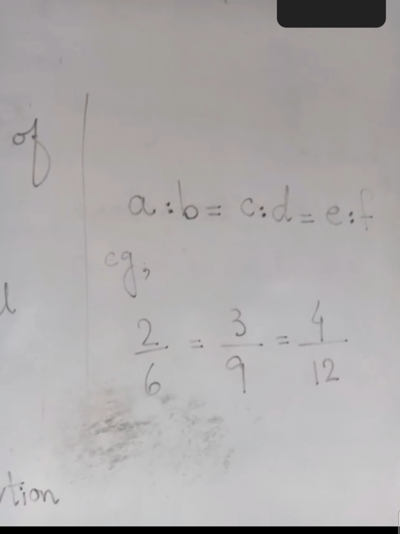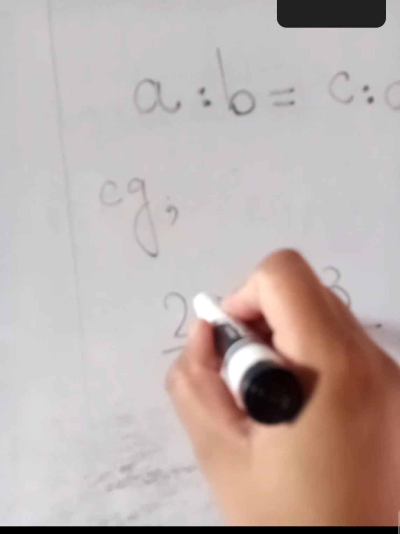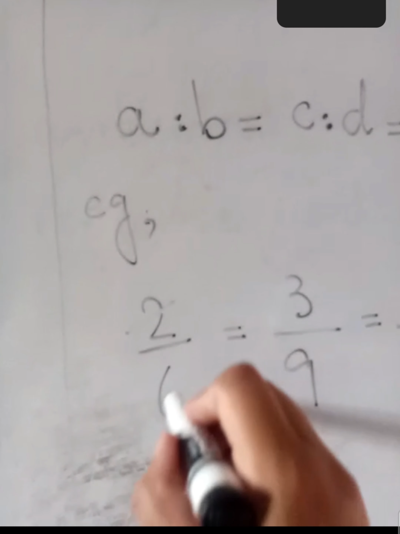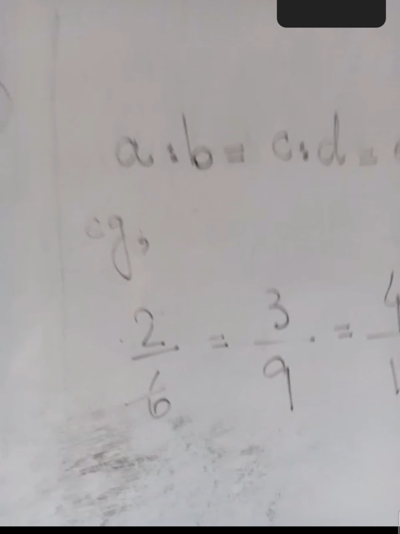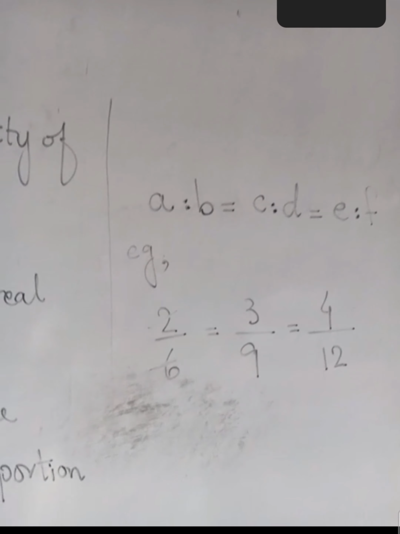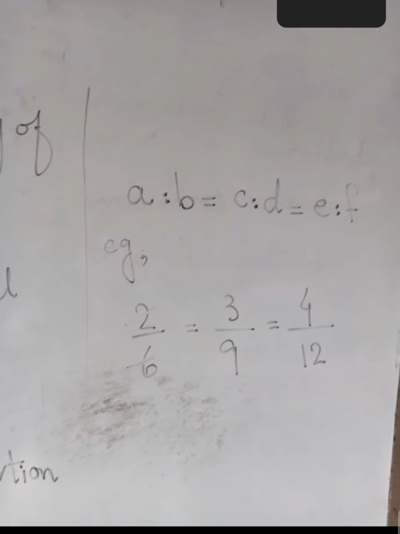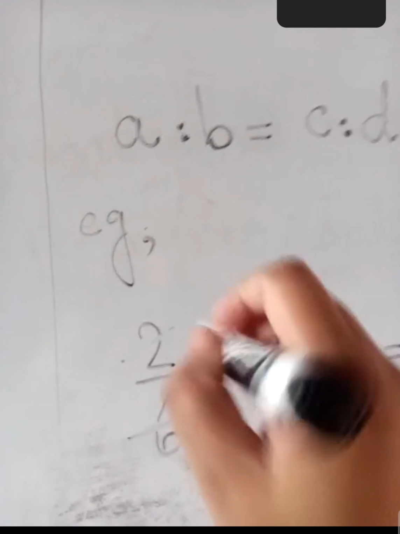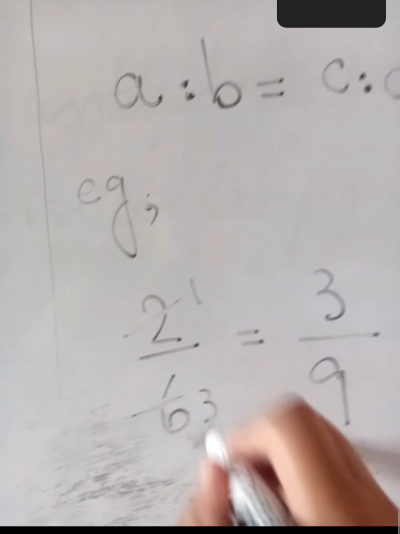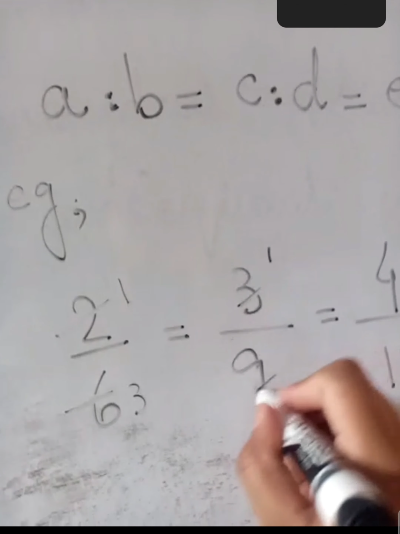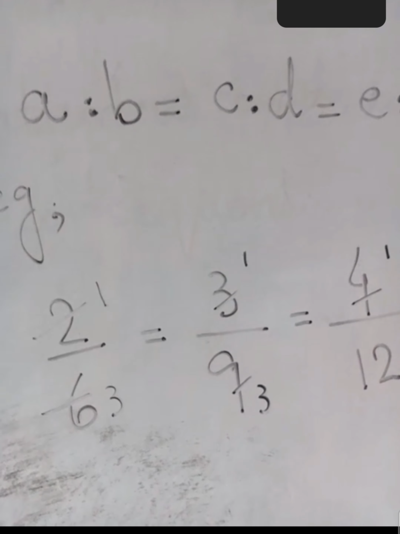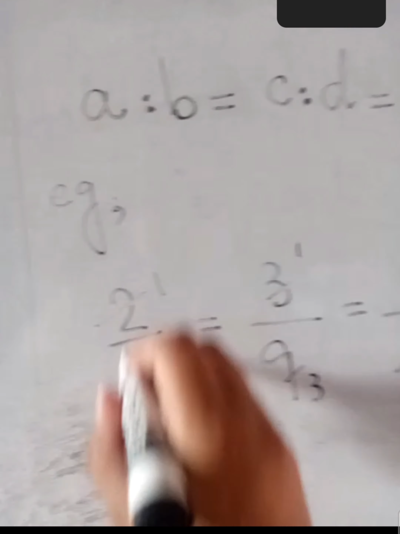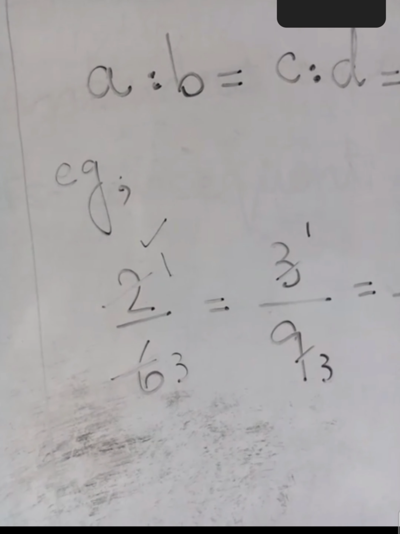Are they equal? No, but if we simplify them by cutting, they become equal. This is the answer to your question. When we simplify them, they will have the same answers. Here 2 by 6: 2 ones are 2, 2 threes are 6. Similarly here 3 ones are 3, 3 threes are 9. Similarly 4 ones are 4, 4 threes are 12. So from this we got the answer 1